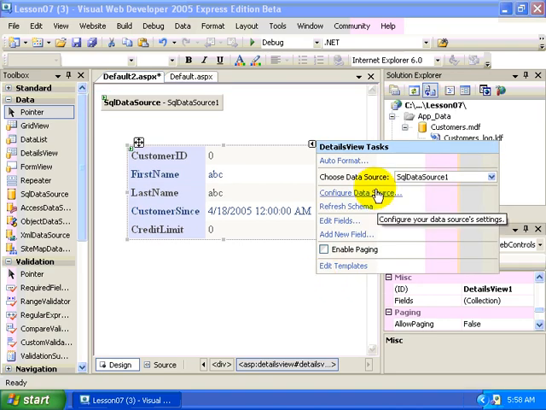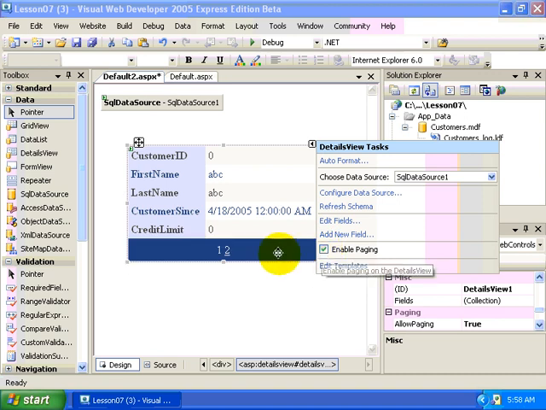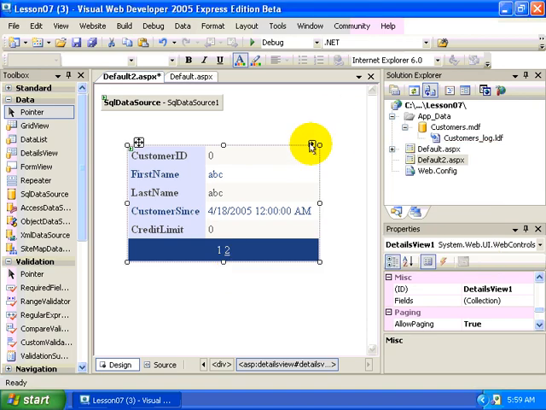And then also, notice that there's some other things that I can do here, like edit fields. I can add and remove fields from this list. I can also enable paging. And by enabling paging, I'm adding a little paging navigation bar at the bottom that allows the user to navigate from one page of data to the next page of data. Each page of data is equivalent to a row in the database. Okay, so let's go ahead and close that, save what we've done,